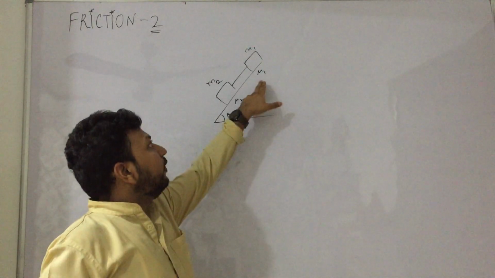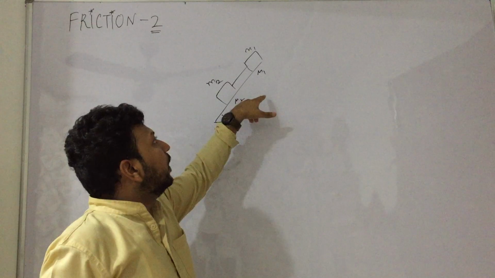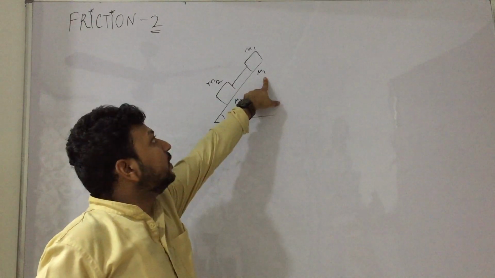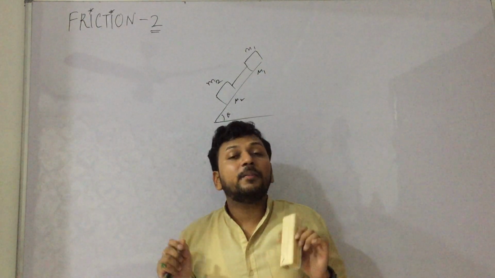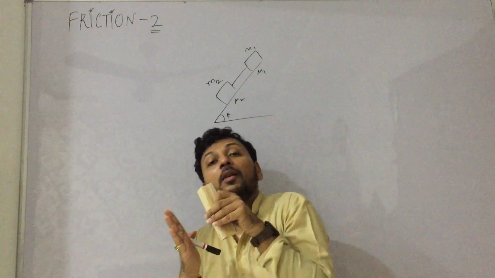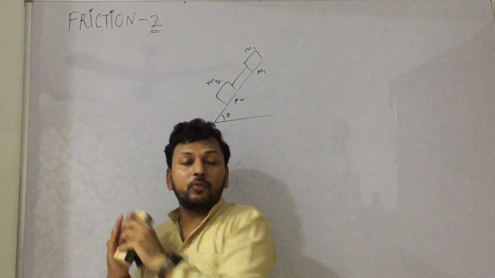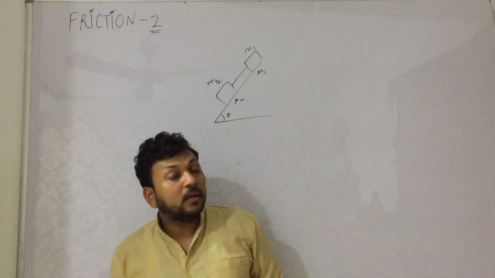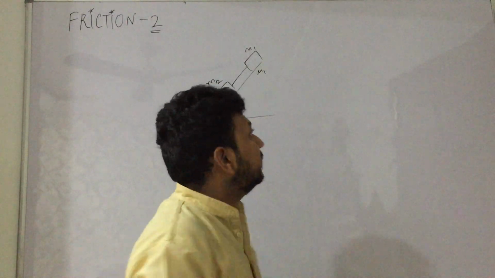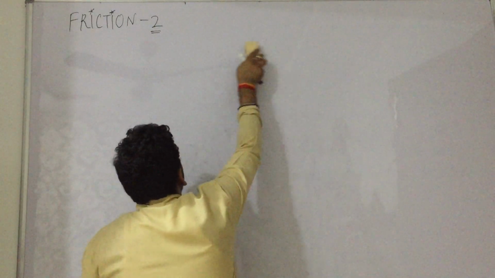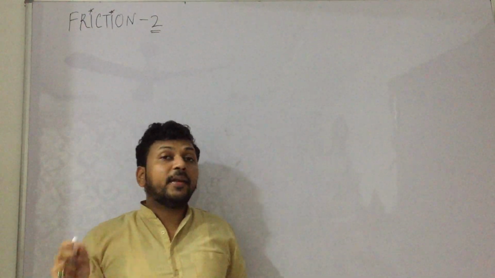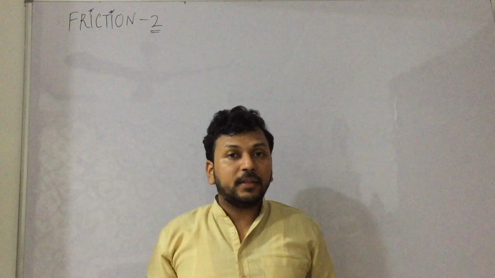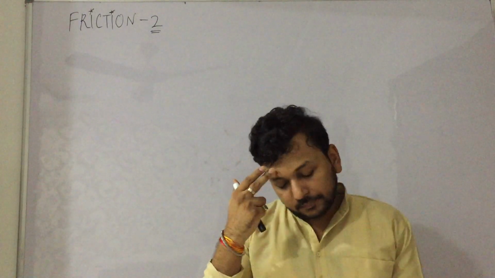In the last case, if this is smaller, that means m1 will try to move fast. In this case, string will become slack, it will move fast, it will collide, and then after that they will move together. Acceleration will be same after that, not before that. So these are the cases that you have to consider from the very starting of the question. Otherwise, you will not be able to solve it if you have any difficulty in understanding this thing. Okay, so let us take some more questions from H.C. Verma.